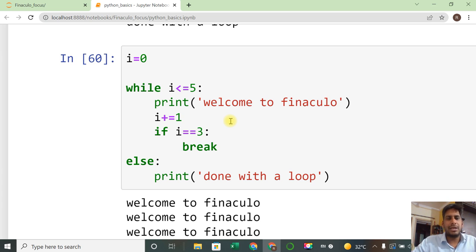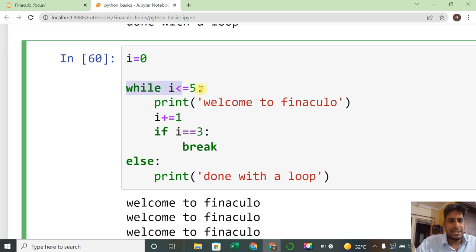This is the basic pattern of the while loop. First it checks the condition. If the condition is satisfied, it will do that activity. If the condition is not satisfied, then it will break the loop. In case you intentionally break, by using an if condition you can break the loop in between also. Like I just want to say, continue also we can use.